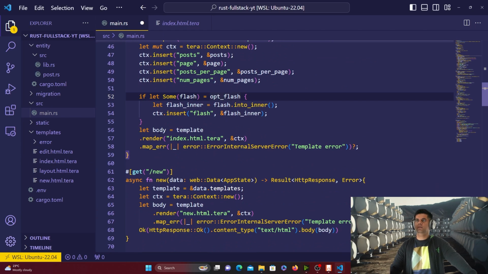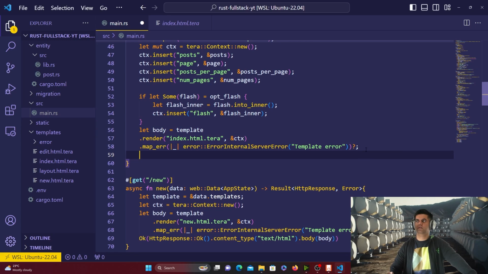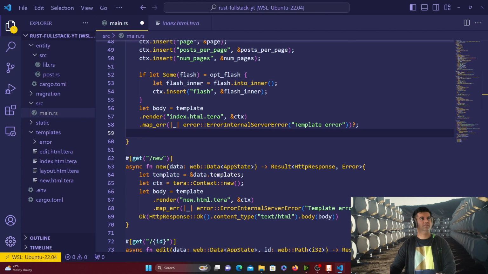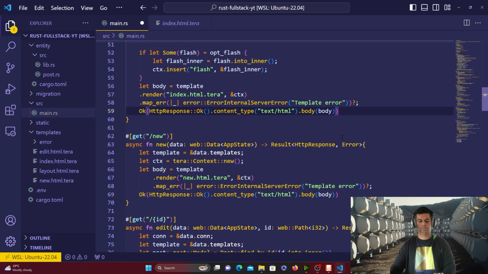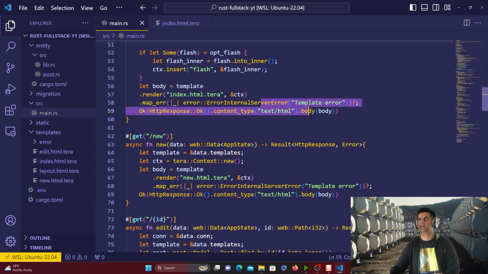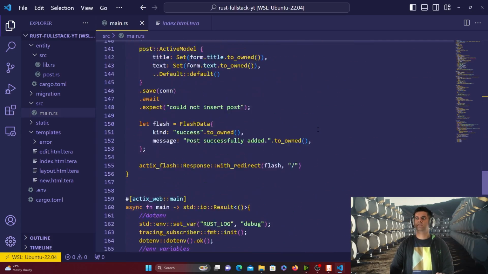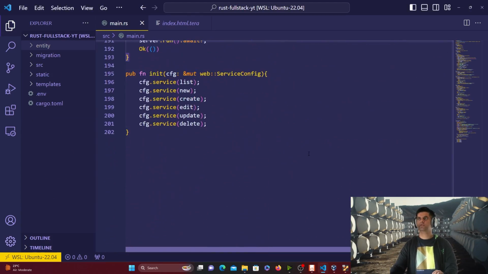So here finally we're just rendering our index.html, and then if there's an error, we'll just show template error, and if everything goes all right, we will just post out the body with text of format text/html. So this is the entire project. So I hope you enjoyed the project,